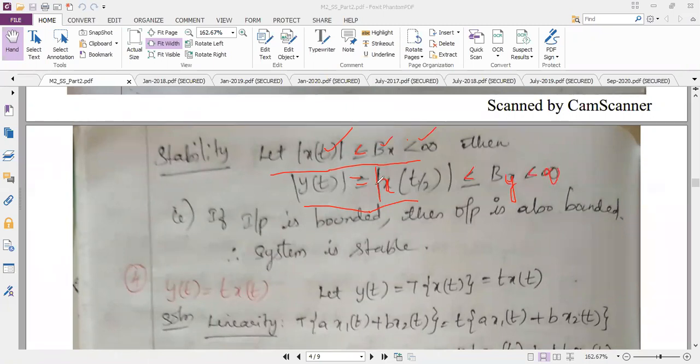So again, if your output is directly equal to x of t, then the problem is always stable. If you have a product here, that means a scaling factor in the amplitude place, whatever is there in the bracket of x, if that is multiplied along with x of t, then the system will not be a stable system. So that we will see in other problems. So you should not have this product.